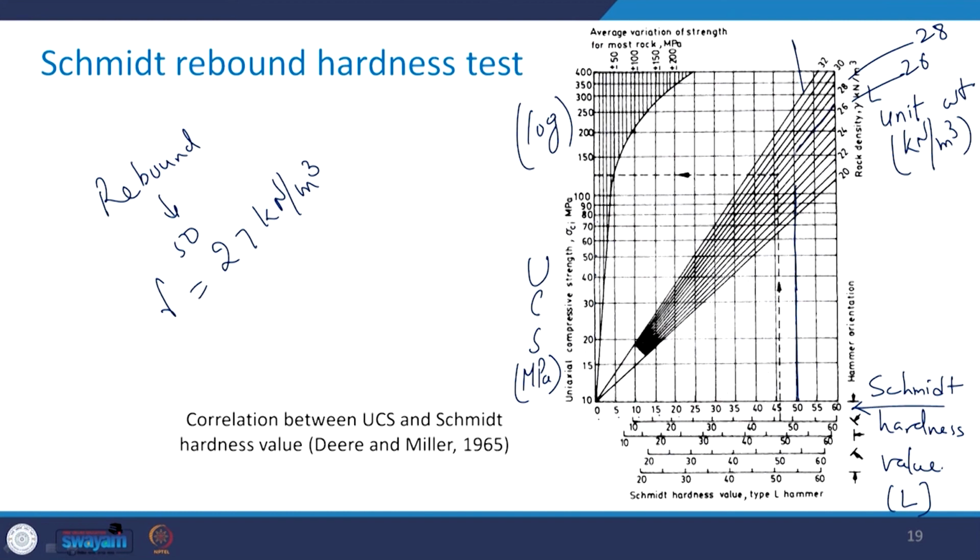Okay. So, we take it here, and wherever this vertical line intersects, that is at this point. You just draw a horizontal line from this point, and in this case UCS is coming out to be 150 MPa corresponding to this reading. So, like this we can find out